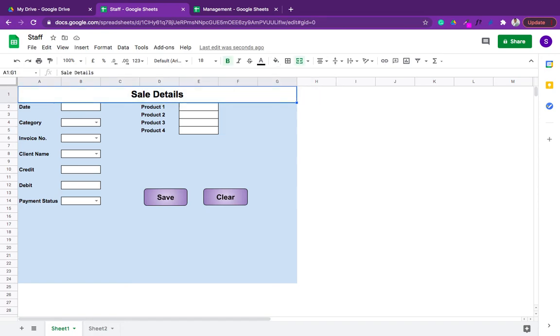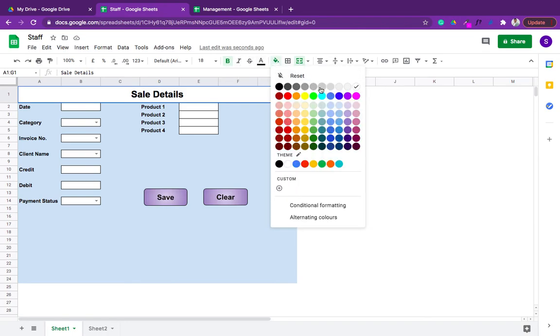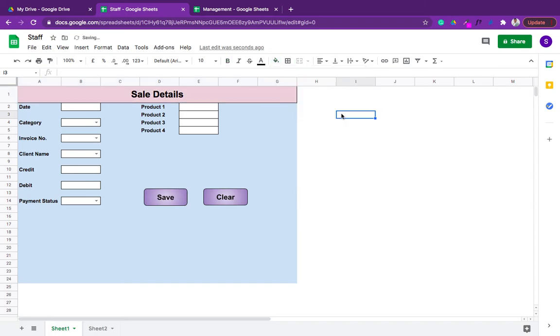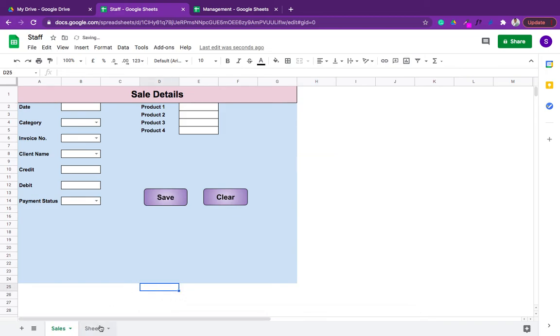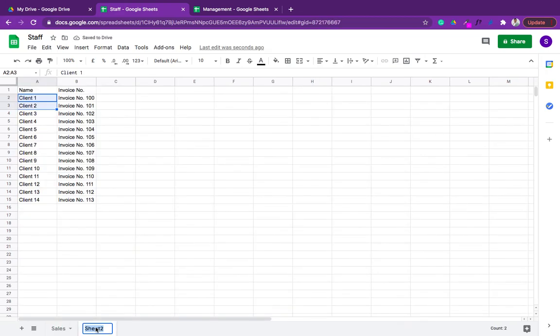Let's change the color of this header. White is completely boring, and let's put something else. Let's put it little interesting, this color. So here we are with our buttons. We have done with our import range, and this is with the sales. Let's change the name, sales, and here is, let's put the name back